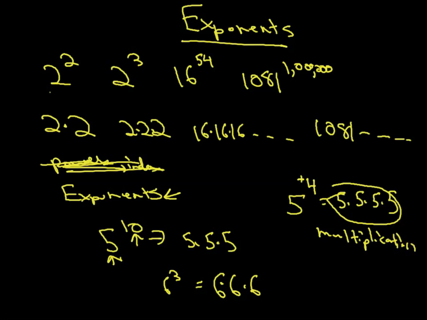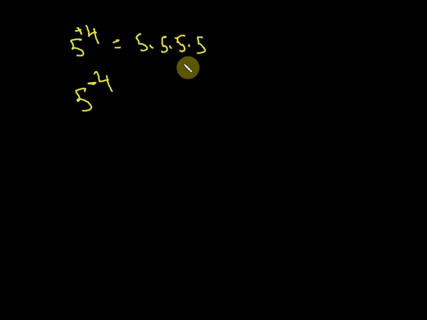Now, what if I did something different? What if, instead of saying 5 to the 4th, I said 5 to the negative 4th. Well, this is the positive exponent, this is the negative exponent. If this is equal to multiplication, and I don't know if I went over this, but dots are also used to mean multiply as well, so if this is multiplication, what is this? Well, then this should be